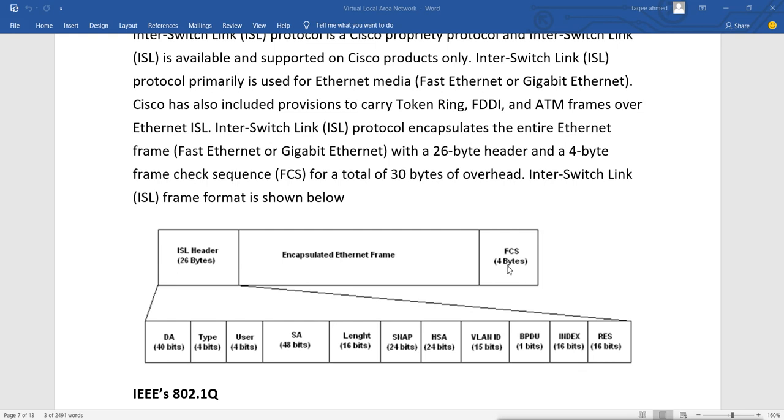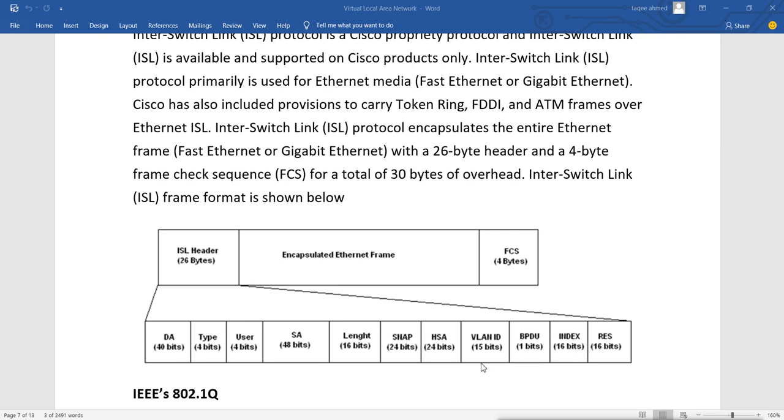In these 26 bytes, there are 40 bits for DA, 4 bits for type, 4 bits for user, 48 bits for SA, length, SNAP, HSA, and VLAN ID. The VLAN ID has only 15 bits. Then BPDU, then index, then reserved.